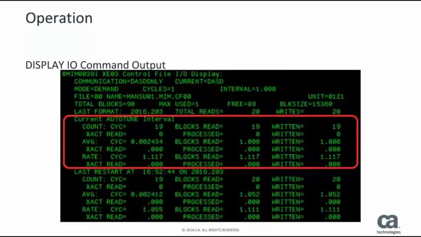As well, outlined in red, you will see the new section for AutoTune interval on the Display I/O output. Here you will see the AutoTune calculations that occurred for the current evaluation interval. AutoTune is officially active on this system. Again, AutoTune is a local feature and must be activated on all systems in the Mimplex to get the full